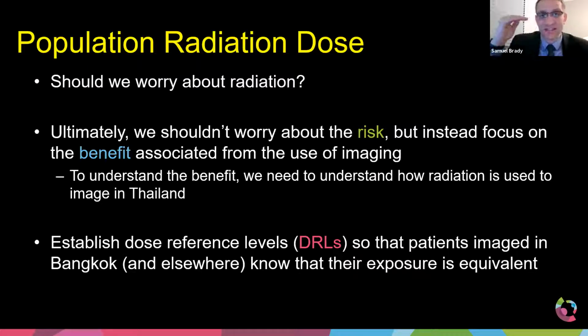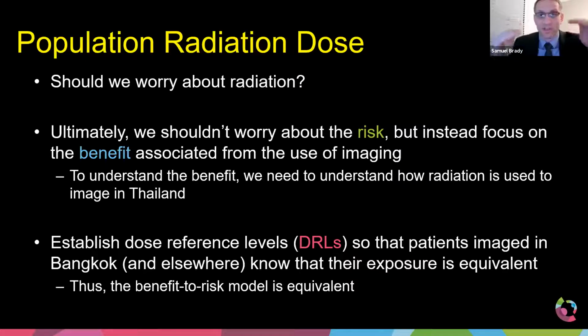Collecting the data helps us understand the magnitude of how much radiation we use in imaging, and then establishing those dose reference levels will help us so that we know that if you're imaged in Bangkok, you're probably getting about the exact same benefit as if you went up to Chiang Rai and were imaged, or went down to Phuket or anywhere else in the country of Thailand. What we're trying to do is maximize or equalize that benefit to risk ratio by establishing national